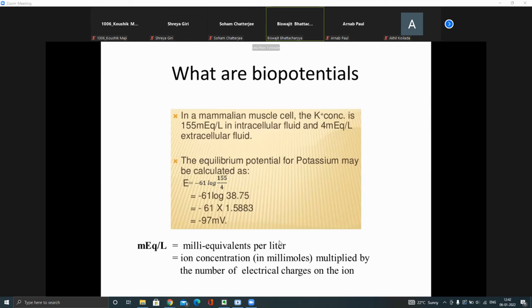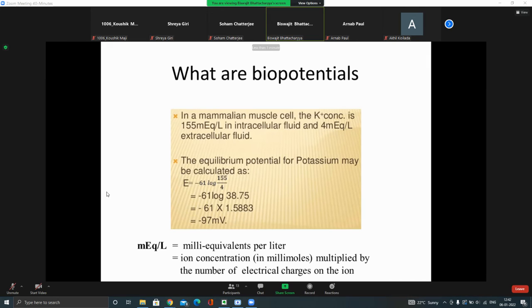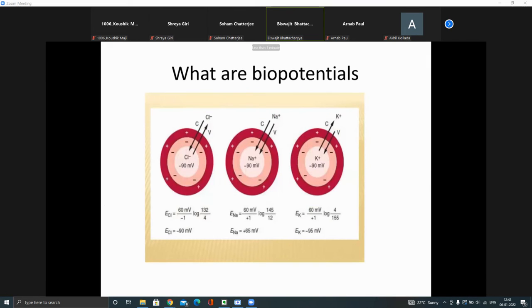That is the voltage generated in the membrane due to the potassium ion. Similarly, if we calculate it for chlorine ion and sodium ion by applying the same formula, we will find that for sodium ion it may be around plus 65 millivolt. It is mostly present in the outside of the cell. And chlorine ion is also mostly present in the outside of the cell, but it is